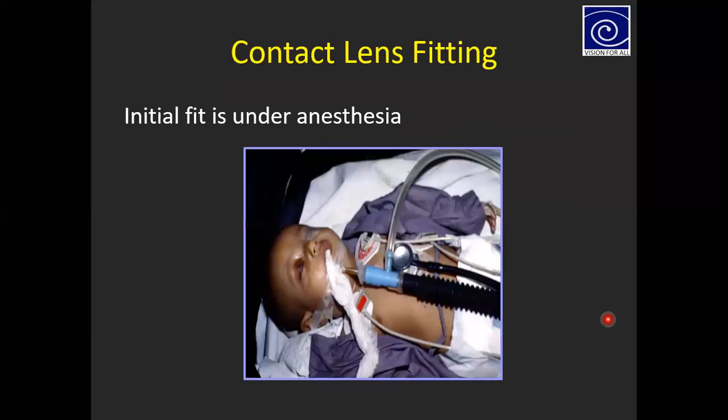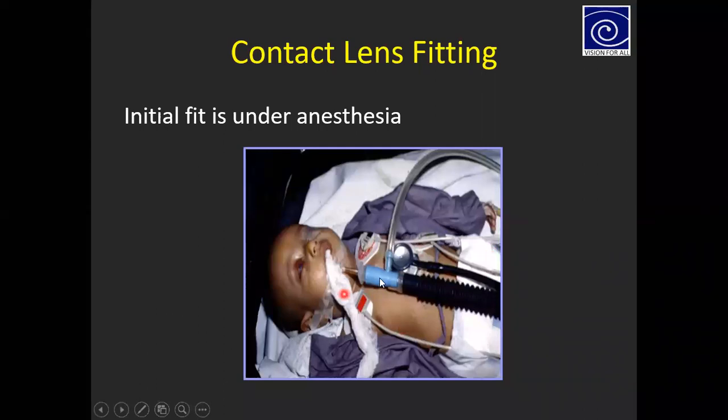It is always better to do a trial under anesthesia. One of the advantages of doing the trial under anesthesia is that there is no uncooperation from the child, and you can very accurately measure the refractive error. Also, you can very accurately measure the corneal diameter as well as the corneal K reading.